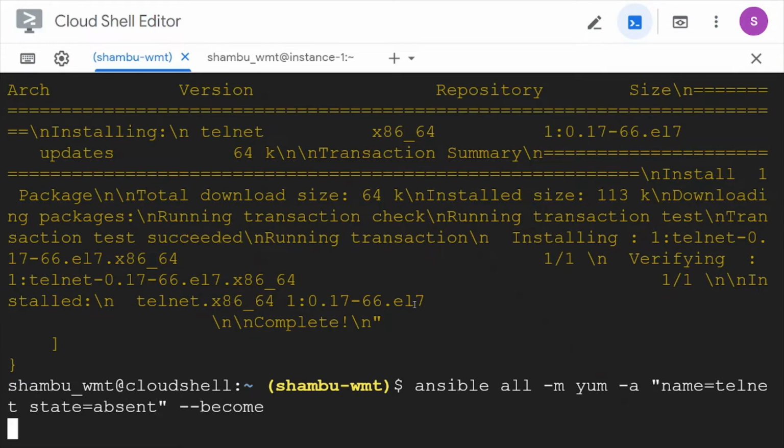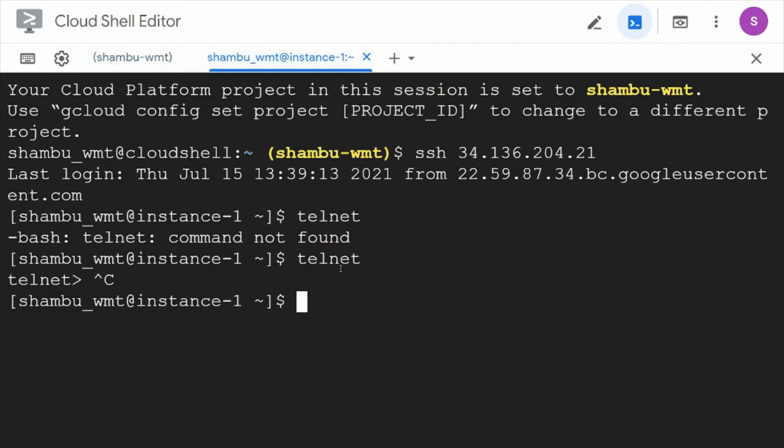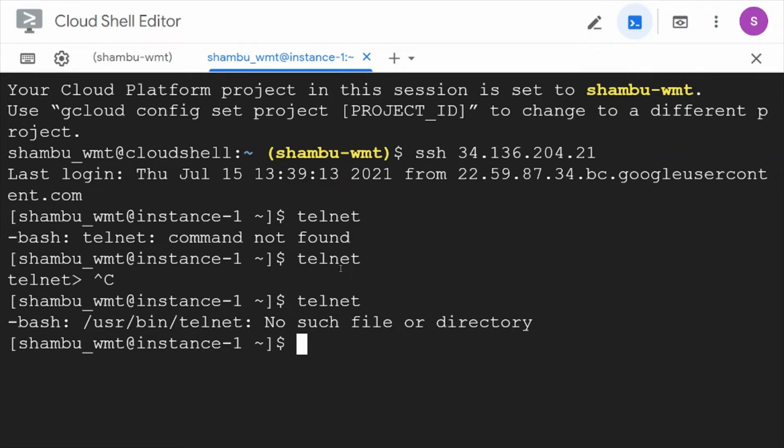It will go and uninstall this package from the server. If I go into that instance and check if telnet is present, it is not there. So like this we can do.